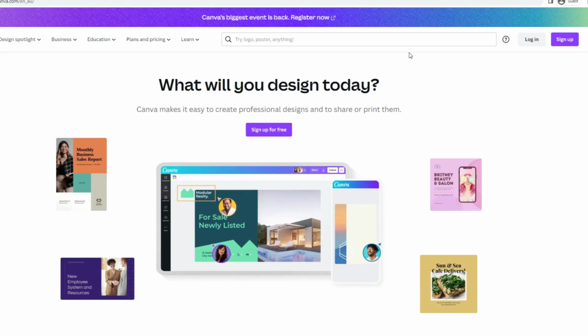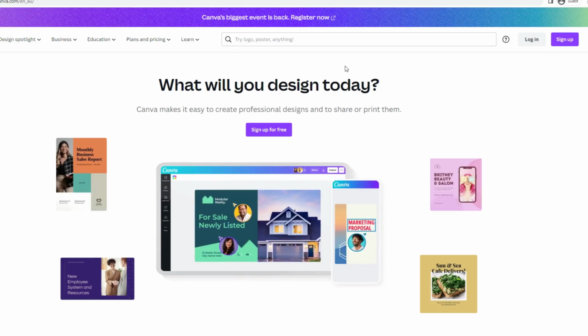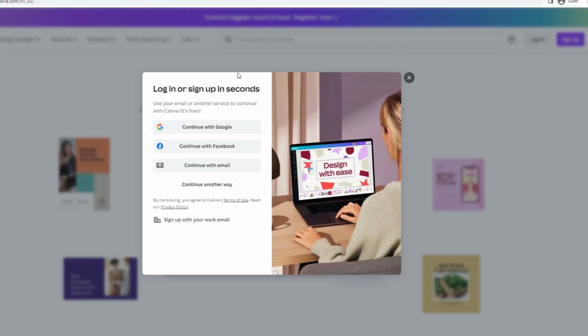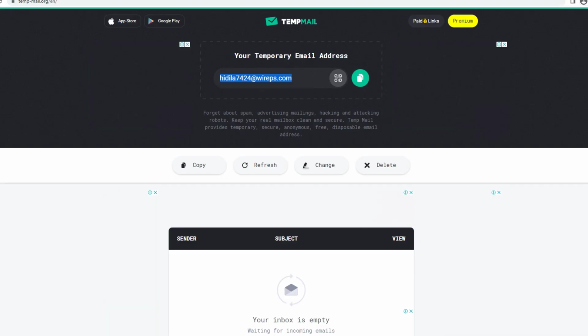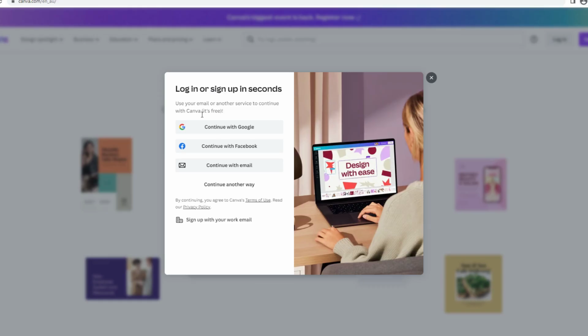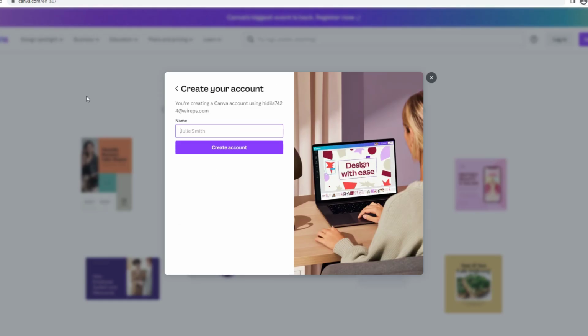So first thing you want to do is create an account, or if you already have an account you could log in, but I'm just going to sign up. For this video I'm just going to use temp email, but if you have an email just plug it in. So I'm going to copy this, continue with email, and now you just want to write your name. I'm just going to use a random one,